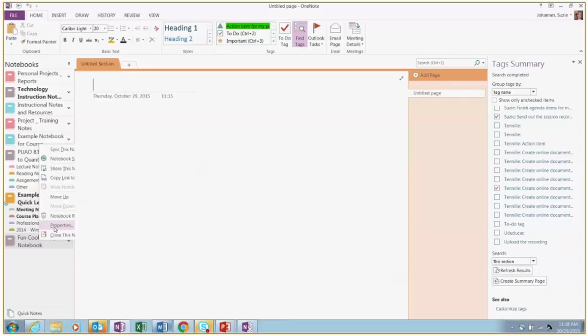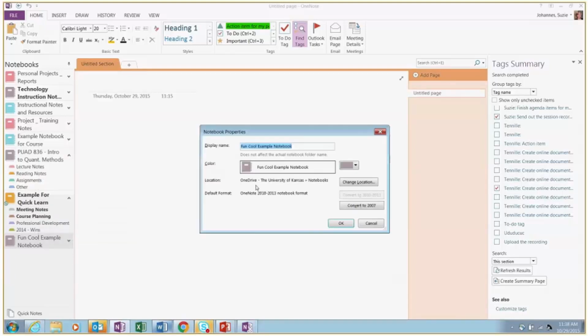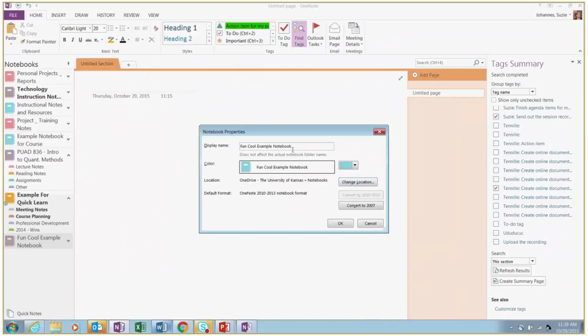And there you can see where the location is, and you can change the location. Now, if you're sharing this notebook with a bunch of people, that could be a little bit tricky because you'll want to make sure everyone knows where that new location is and maybe even send out the link again. But that's there. If I don't like the color of this notebook and I want to change it to another color or retitle it, I can do all that there.